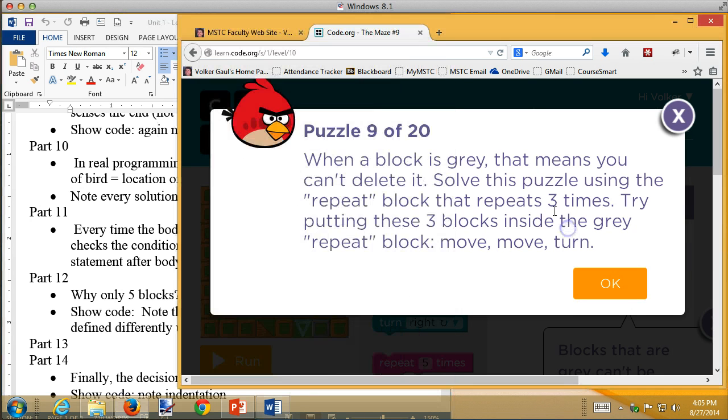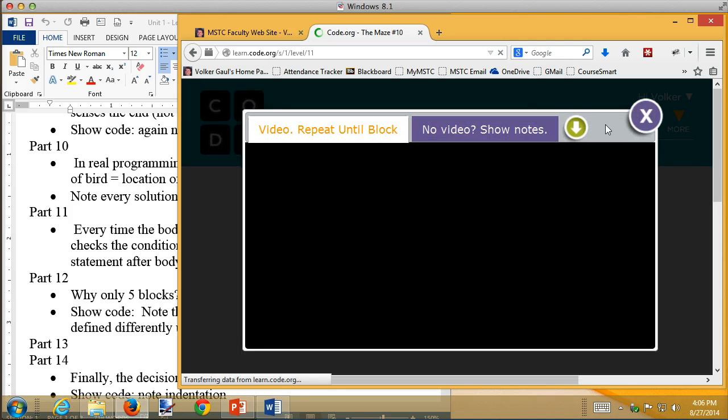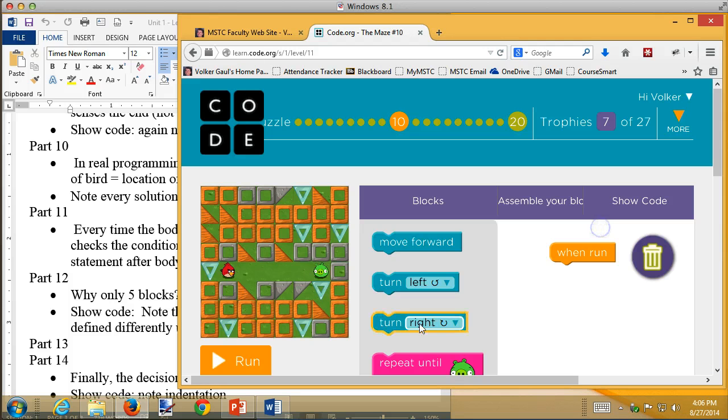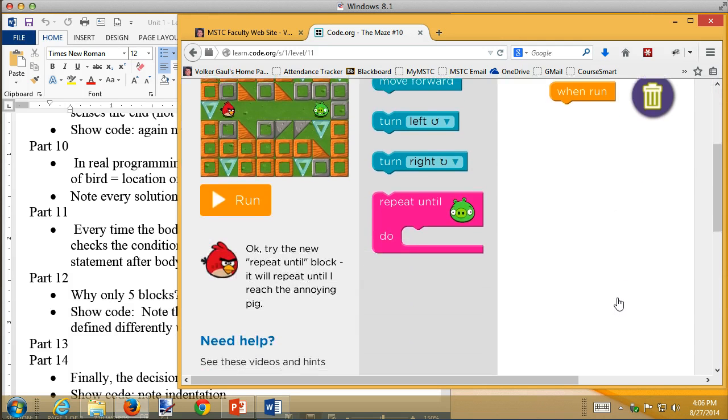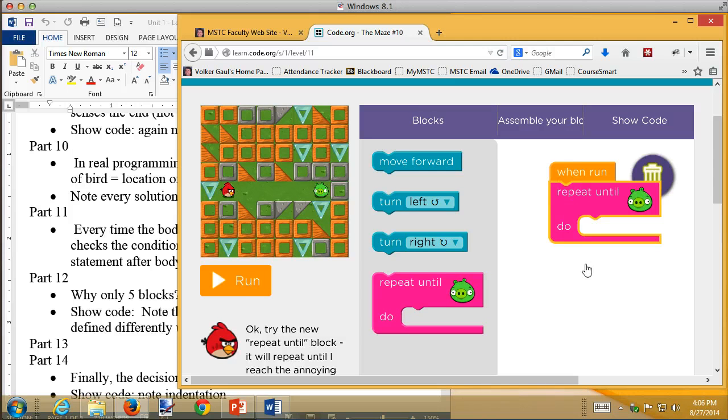Okay. So I'm going to go to problem number 10 here. No, I don't want to see the video. And notice this says repeat until pig. That's kind of tough to do. But if we look at the code that's generated by this,